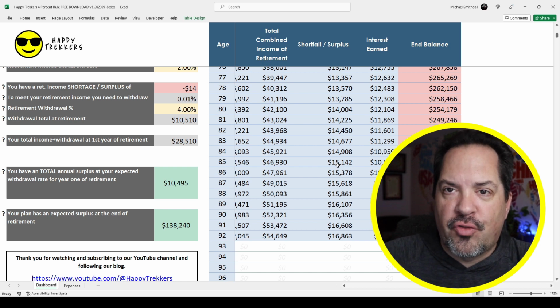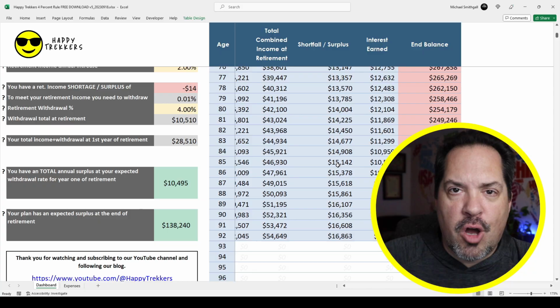Again, you can download this for free from the link below, but check it out. So you see, it's very important to know the numbers, not only here in the United States, but also abroad. You may think you have a bit of a struggle if you were to retire here in the United States, but as we've seen, there are lots of countries around the world where you can live very, very comfortably.